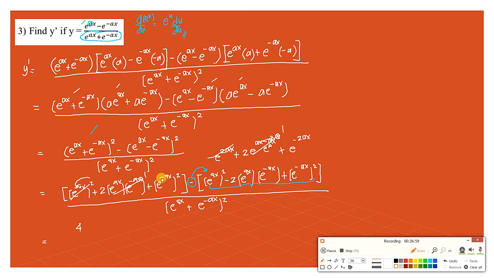Tapos, e raised to negative 2ax plus e raised to negative 2ax, magkamukhang magkamukha. So, pwede kong gawing 2e raised to negative 2ax. So, pinag-add ko lang yung dalawang magkamukha. Okay? Divided by e raised to,